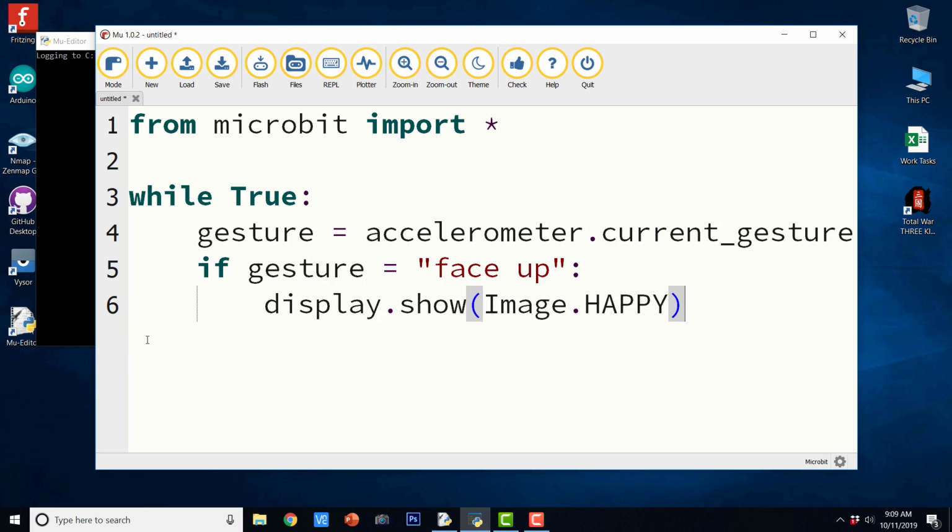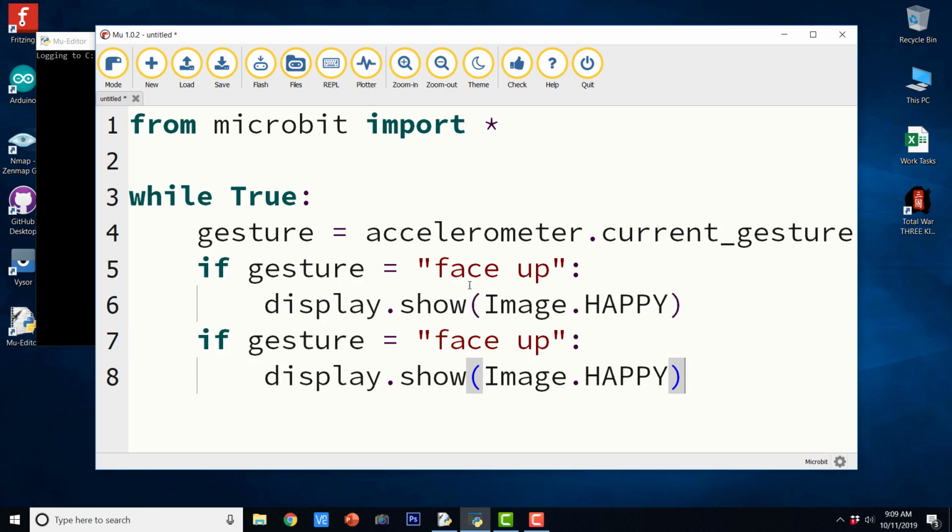Copy. And here I am going to say elif gesture equals face down.